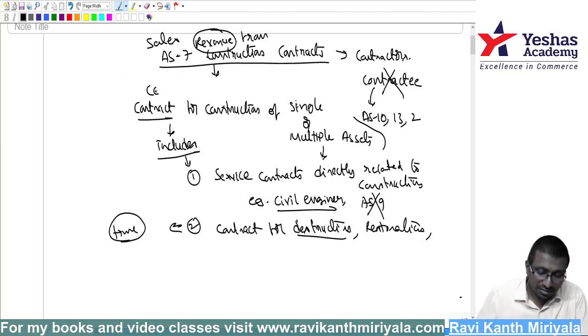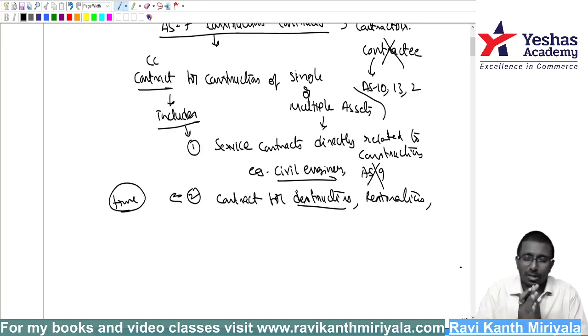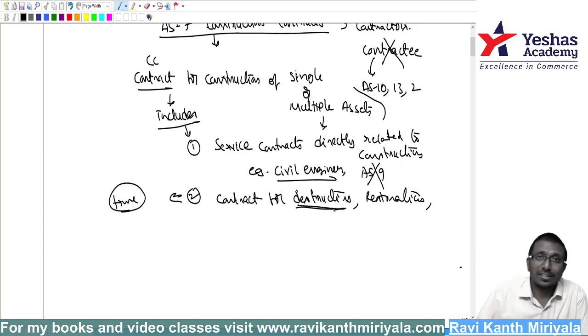Why did they keep Accounting Standard 7 separately? The only reason is it takes a lot of time. There may be one fixed amount or a variable amount. That fixed amount has to be booked over a period of 2 years or 3 years or 10 years. How do you allocate the total revenue among the years? That is the basic objective of the standard. Even destruction work is not that easy.